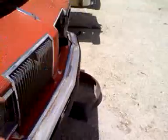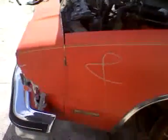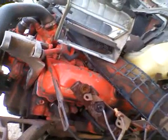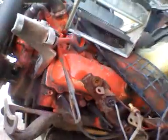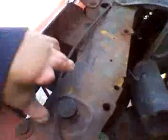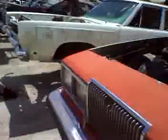This is an Oldsmobile Cutlass. It's got a nice fender on it. It's got original paint on it. Oddly enough, it has blue. These bolts are blue, even though the blue has come off of it. They're blue, you see it? I don't know if you can see. I can't see my screen, the sun's on it. But blue means 350